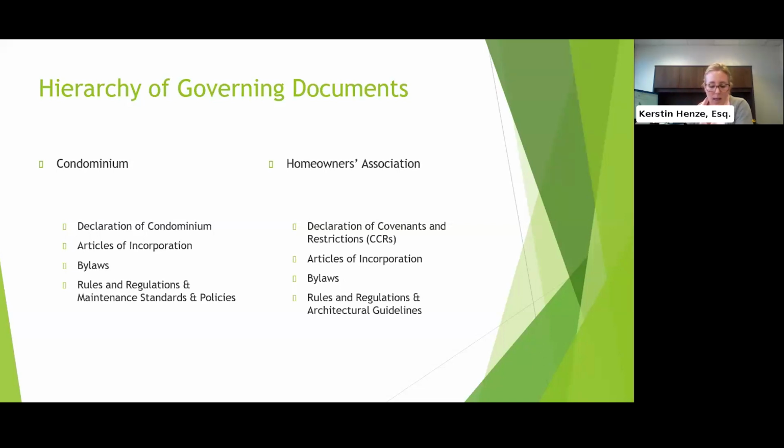Now, it's important to note that when you're amending, and we'll talk about amending in the following slides, but particularly when you amend your bylaws, you want to make sure that there is no conflict between the bylaws and the articles. A good example would be a provision in the articles that might say the board of directors shall consist of no more than 5 directors. And then you might have a similar provision in the bylaws. So let's say the board now wants to amend the bylaws to change the number of directors required to sit on the board of directors.